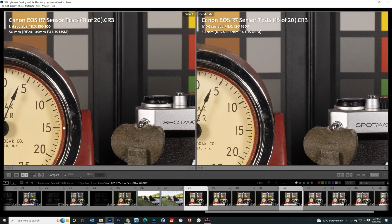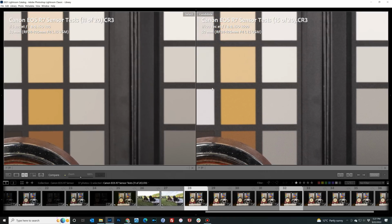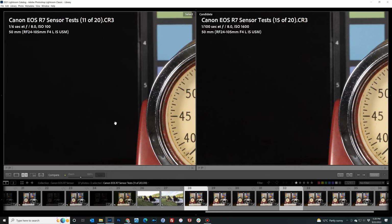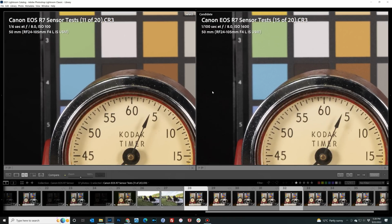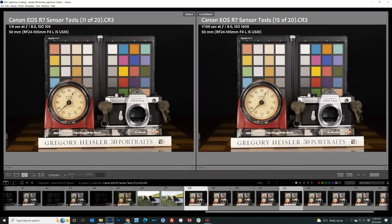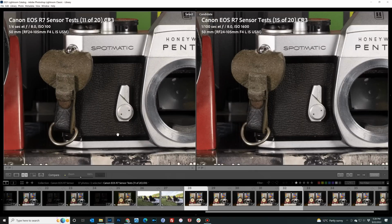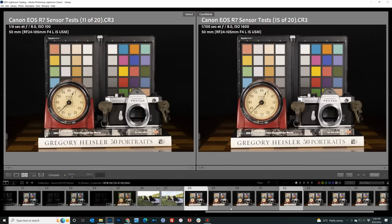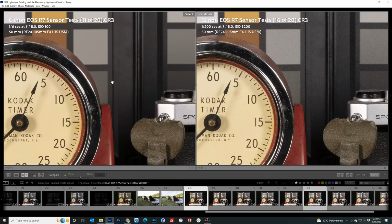And as we're going to see, even at a pixel level, you're hardly seeing any additional noise that's been added in. It's there, but it's so fine that you really can hardly see it. The shadows look just as inky. Everything looks nice and clean here. The overall contrast looks very, very similar. No problem there. Now, even as we go up to 3200, as we're going to see, there is a little